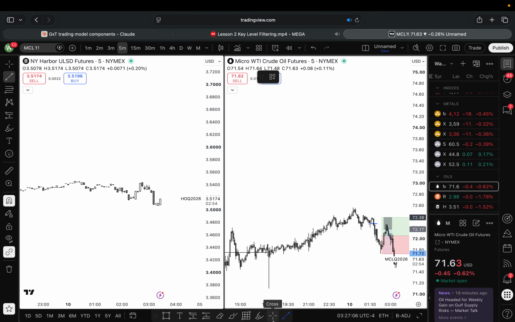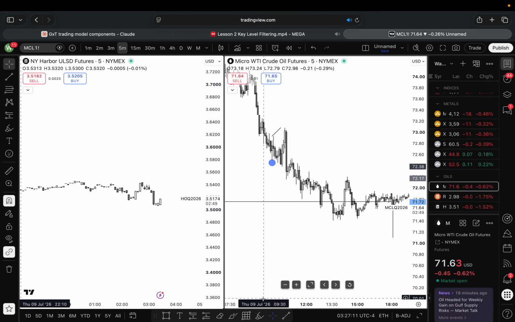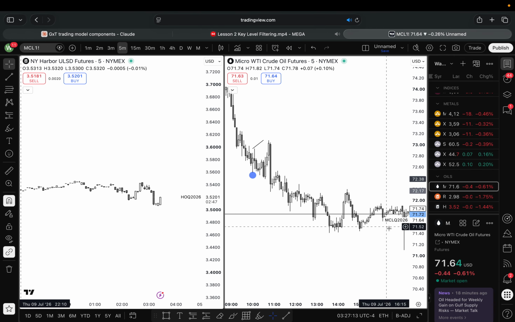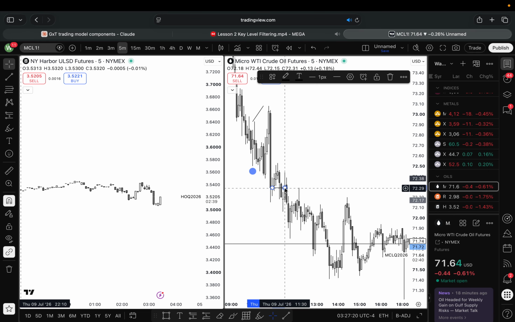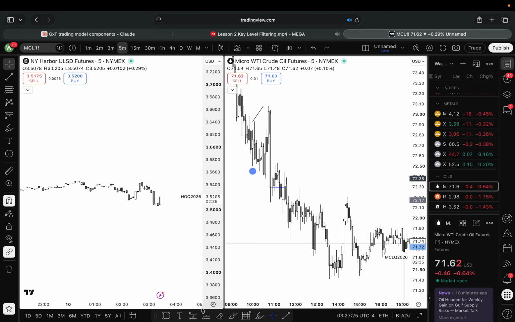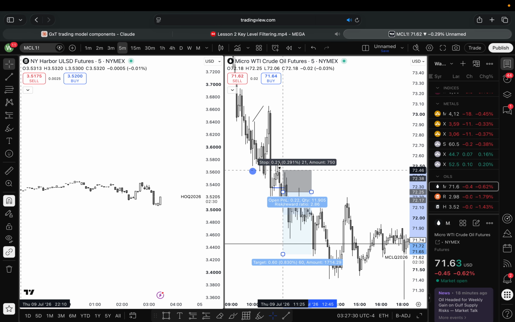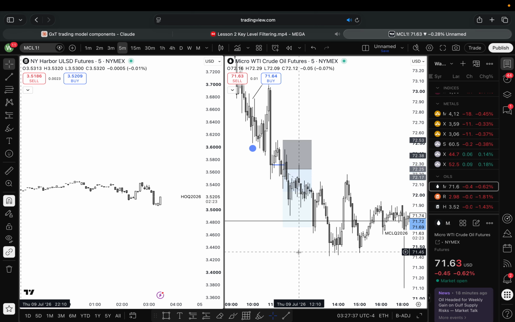And I entered, I'll show you now, sorry. I had entered here, right? Because I was just looking for a bit of extra confirmation. So I had entered on this V shape, right? And my entry was down here. Let me just make the notes. My entry was here on the fair value gap, stop loss at the high, and targeting 2R, right? So we ended up hitting it.